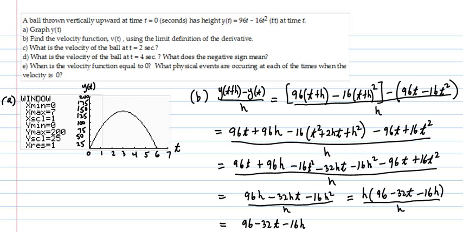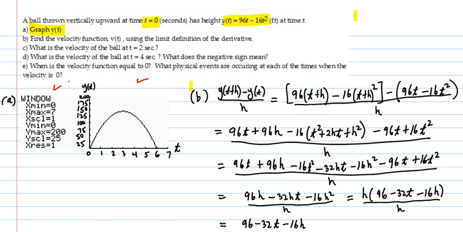A ball thrown vertically upward at time t seconds, t equals 0 seconds, has this height. y of t equals this. First thing, graph y of t. So we graphed it over here